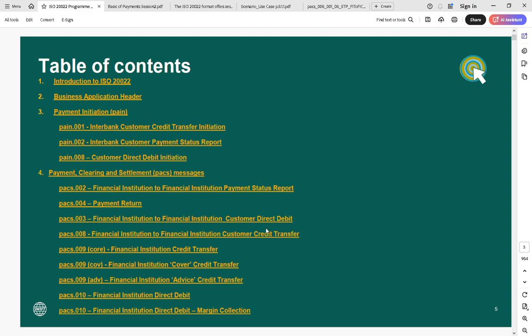When I say production example, these are examples of your Swift messages and how they are implemented. ISO 20022 is nothing but your XML format messages, which were earlier known as SEPA messages. SEPA messages and ISO are almost similar, but ISO has more fields and more granularity. Just now, for those who joined late, we have walked through the basic overview of ISO 20022. We have just finished that, and after that we have started the beginning of the discussion about the other part, which is your